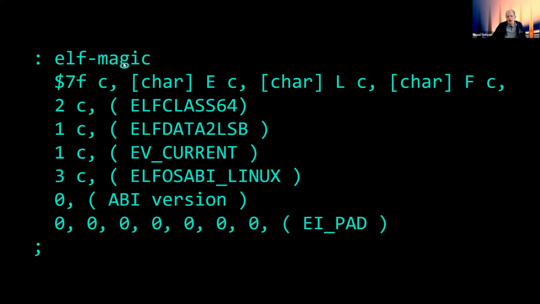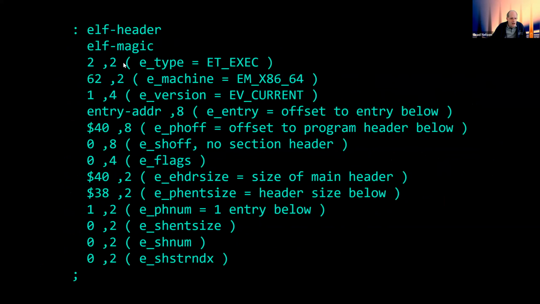And then I've got plumbing to start building an ELF image. The reason I build an ELF image is I want to emit an image that I can eventually execute. And so there's a header for the magic string that needs to be at the top of an ELF file, and then that's part of the overall ELF header, which includes a bunch of detail I won't go into, but basically it's allowing you to specify how many sections there are in the file, and in particular what you can do in an ELF binary is have a series of sections in the file that